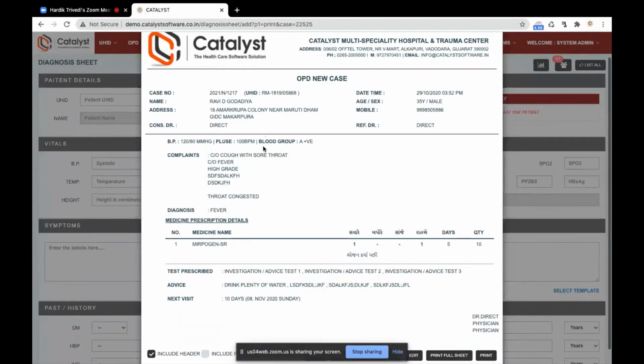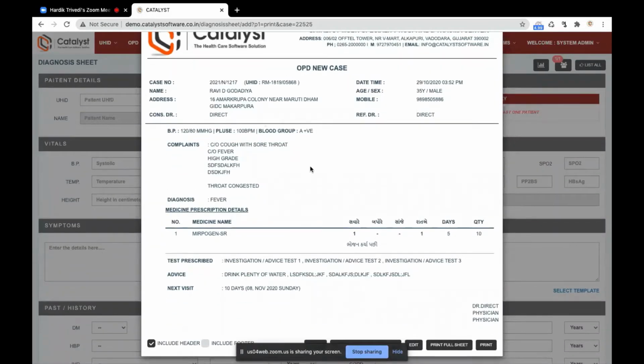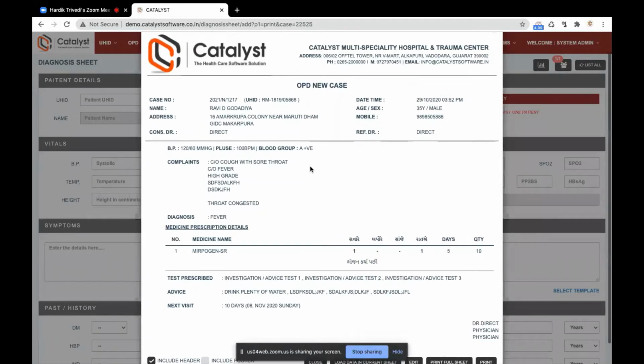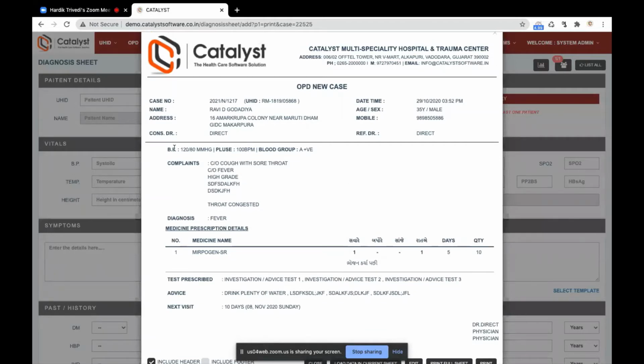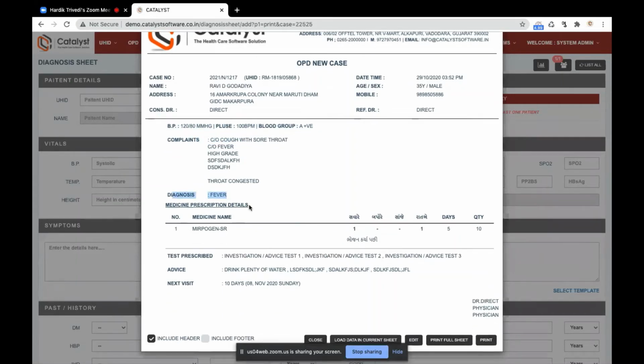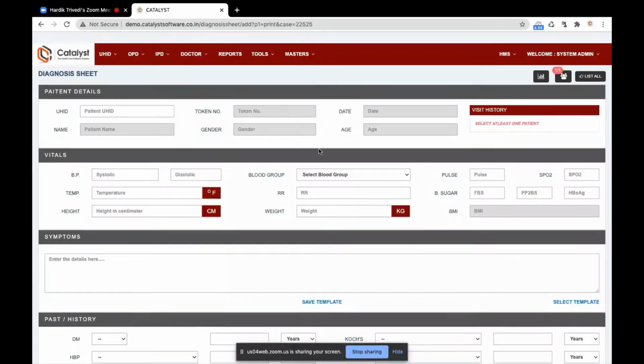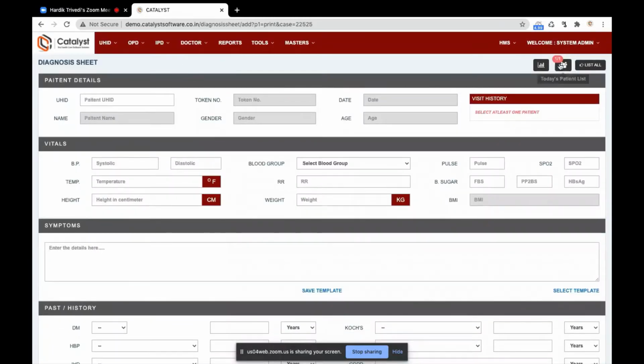So when I complete all my medical clinical details, this is the print preview of how it will be seen. Vitals are here. What are the vitals? What are the complaints? What was the diagnosis of the patient? What are the prescription details? What investigation advice did I give him? What general advice was given to him? What was the plan for the next visit? And all other details. Then if you need, you can print or you can save.